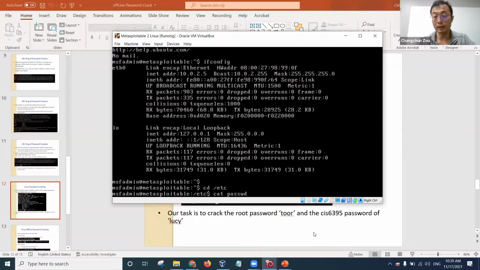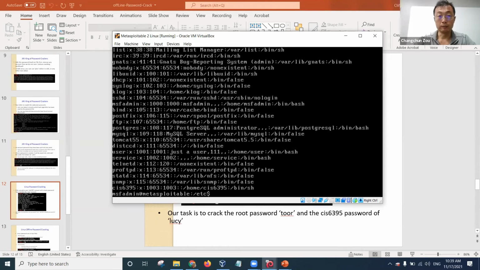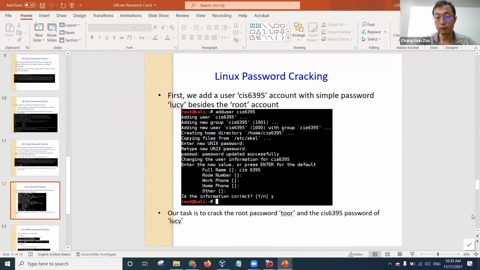One is this passwd. You can see there are a lot of system accounts. The only user account we created is the last one, CIS6395. And we can create more user accounts. So you can use adduser or useradd. Either command is fine. We can add